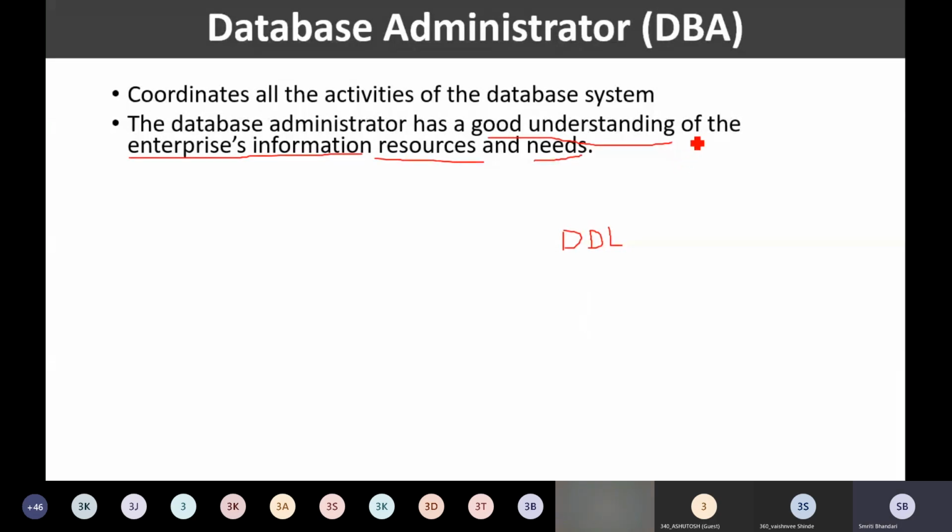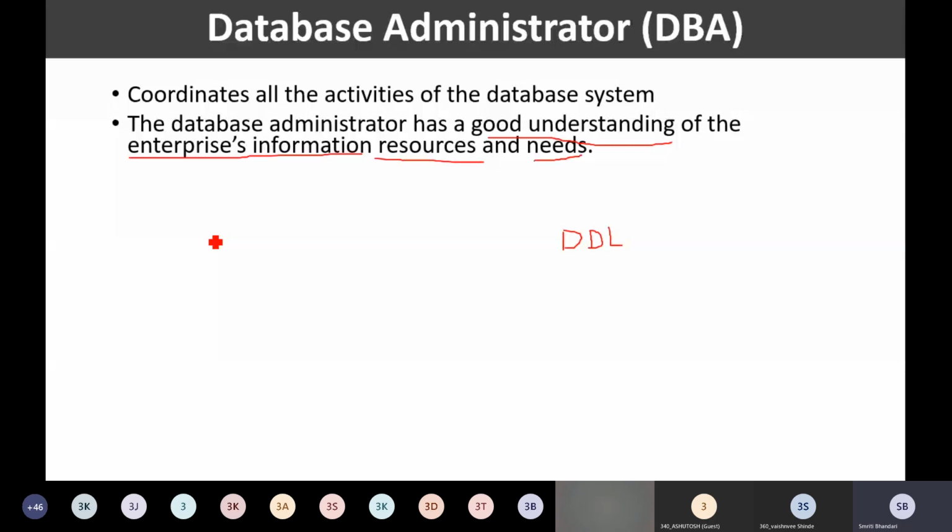So the database administrator is coordinating all the activities of the database system, and that is why the database administrator must have a good understanding of all the resources available with the organization, all the needs of the organization, and every information, all the details about the organization should be known by the database administrator.